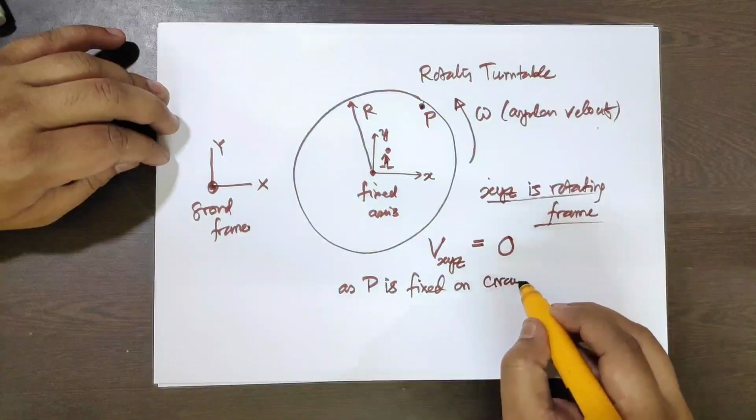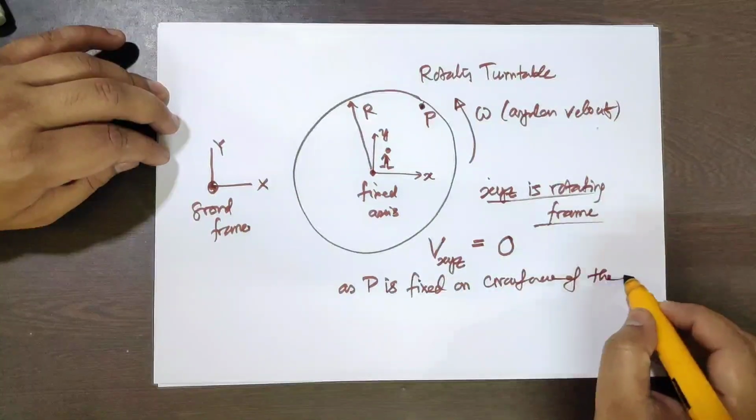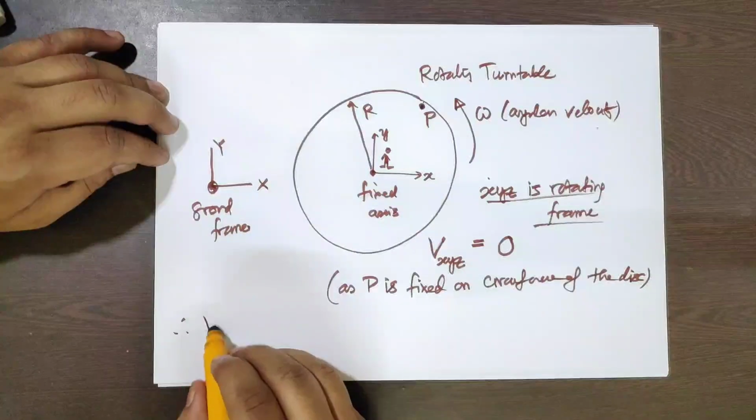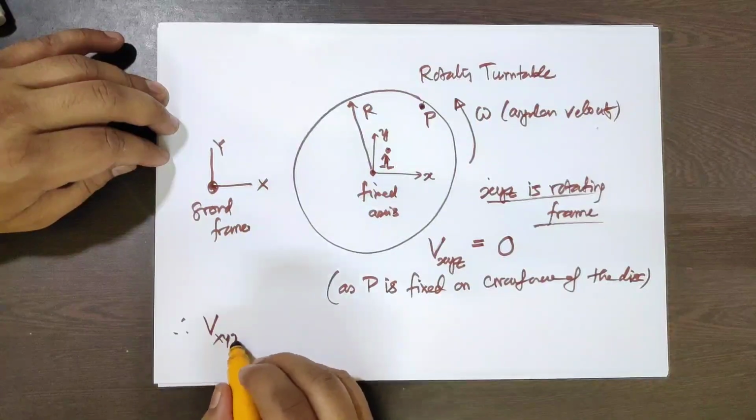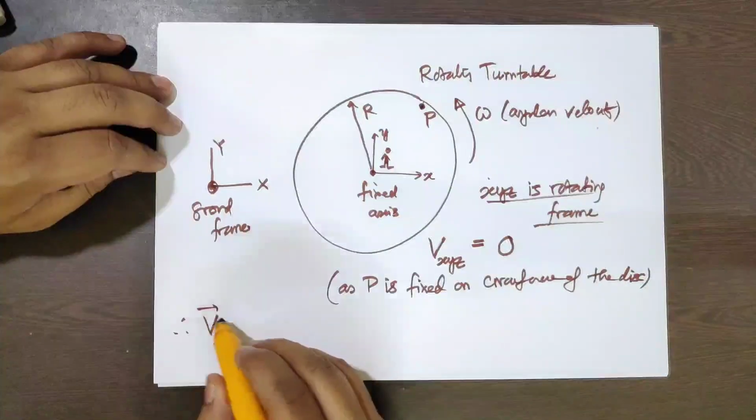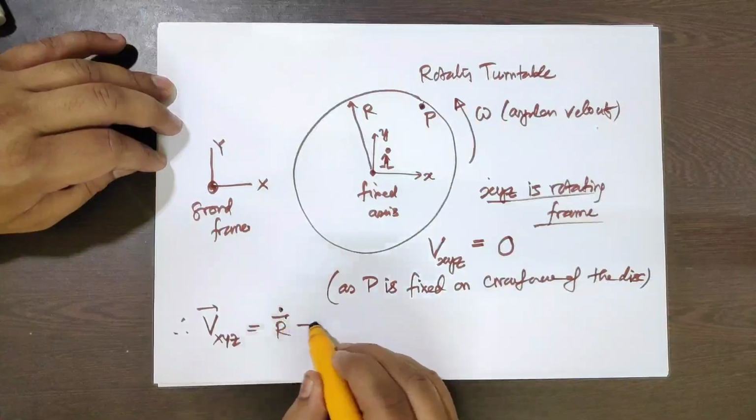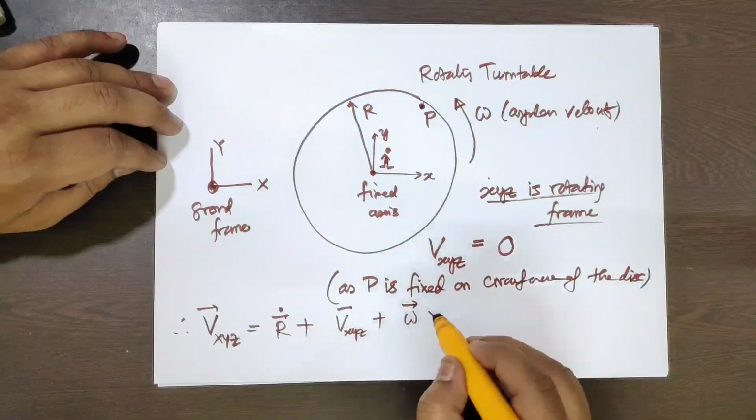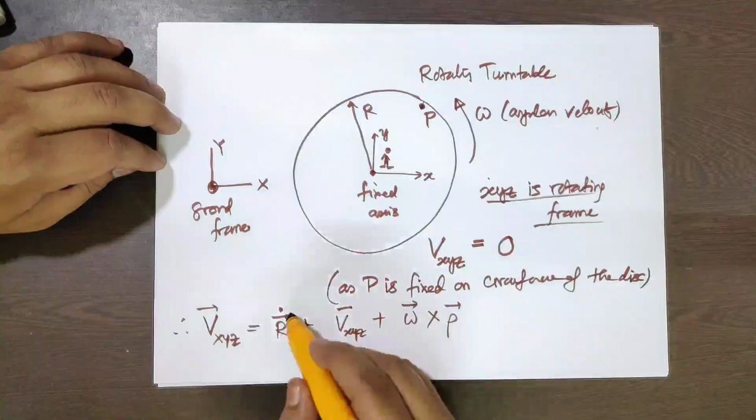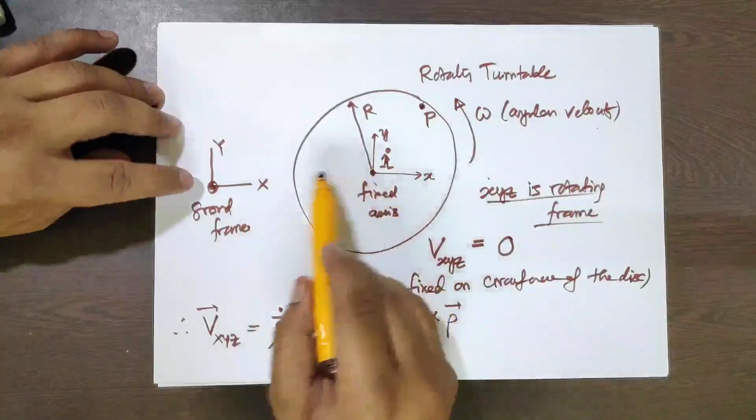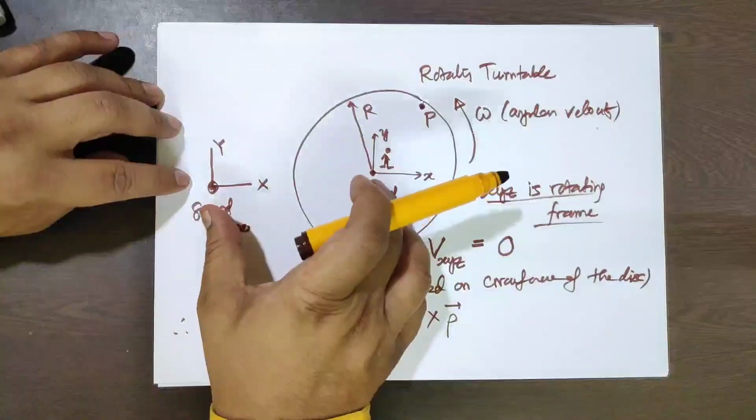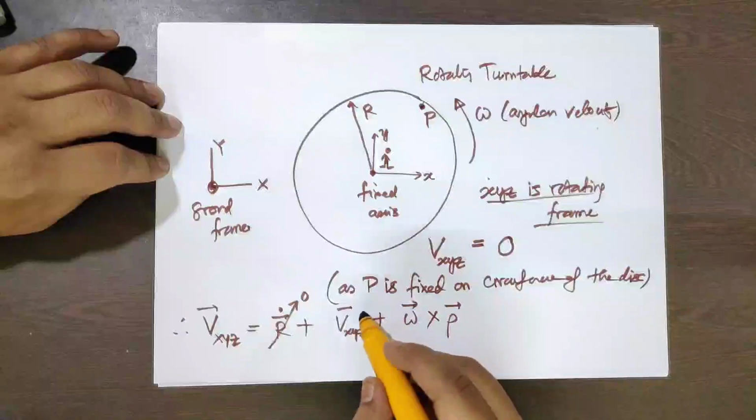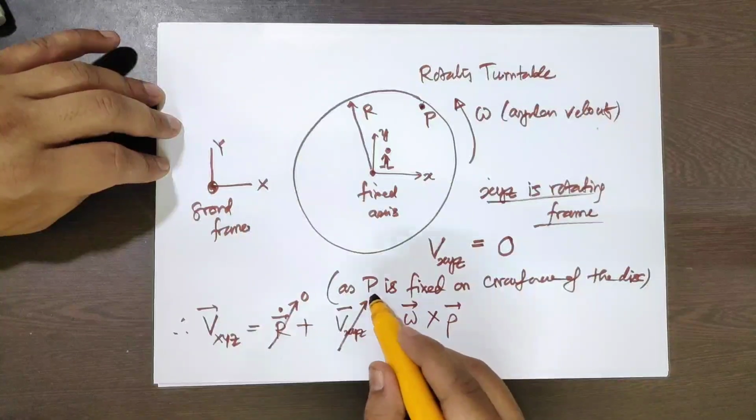on the circumference of the disk. So therefore we will use that expression: v capital XYZ is equal to r dot plus v small xyz plus omega cross rho. Here r dot is 0, because this axis is not translating, it's a fixed turntable, so v small xyz is also 0, because